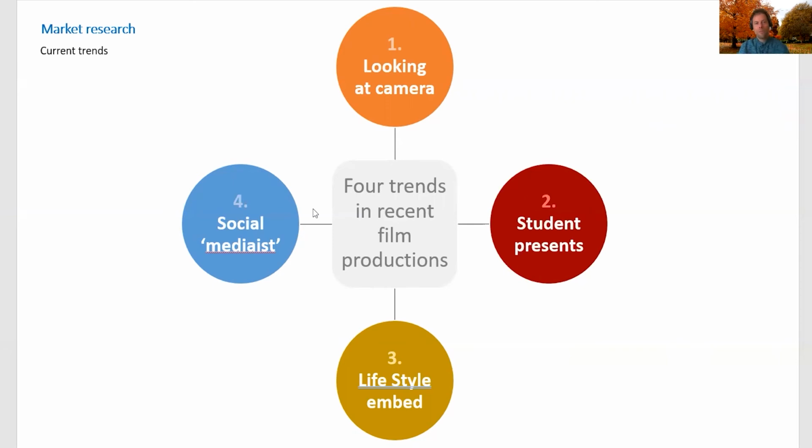This is very social media style of filmmaking. This has been taken and it has been used now in a production, real production, to give a sense of social media. So what I'm showing you here are 4 trends in recent film production, which I found out because I've done market research for some project. This, I can assure you, will change. These trends will change in the future, but it doesn't matter.